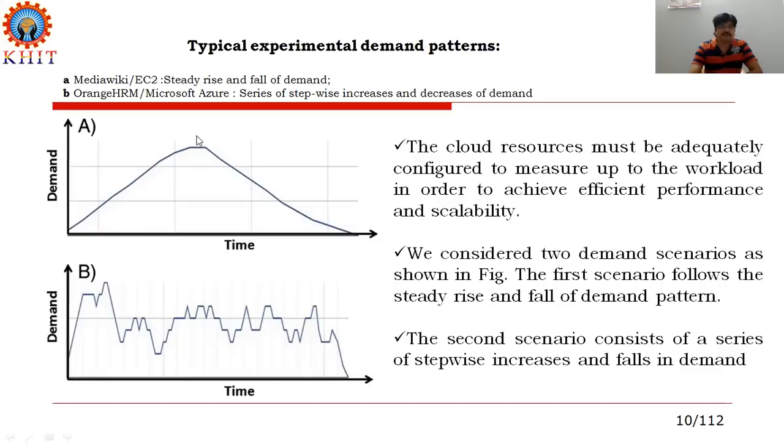It will reach the peak point and then gradually fall. The demand changes over a particular duration of time, which means it is not occurring suddenly or stepwise. So the rise and fall of demand and supply is steadily growing or steadily falling for a couple of days. If you consider the second diagram, the Microsoft Azure, consider an example,